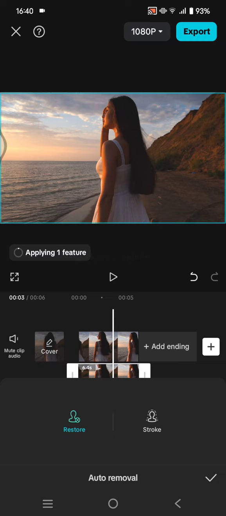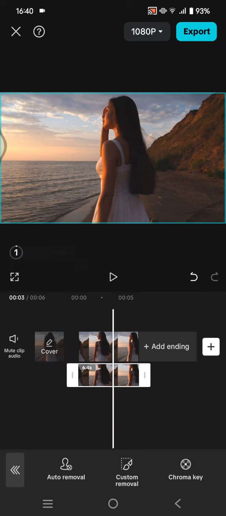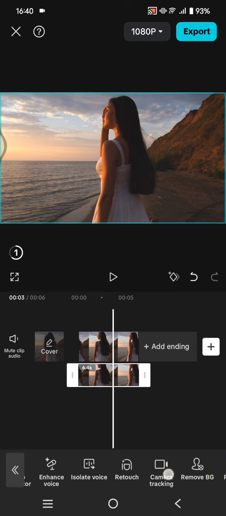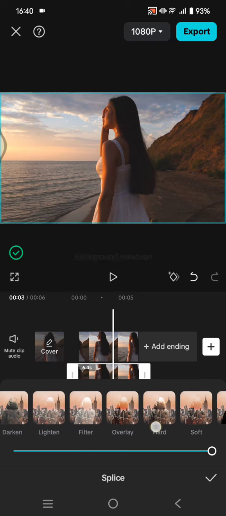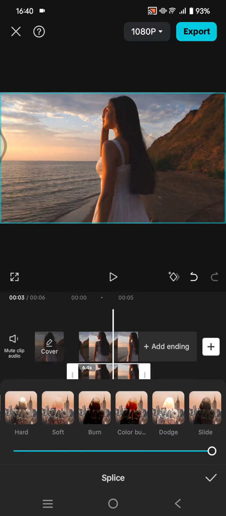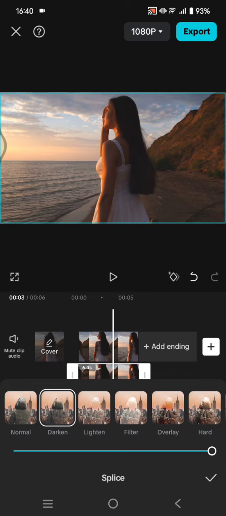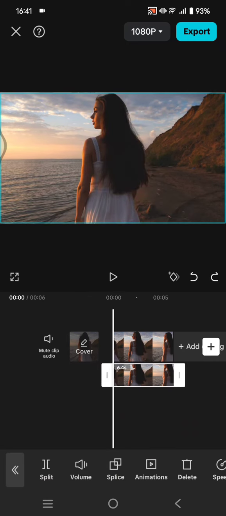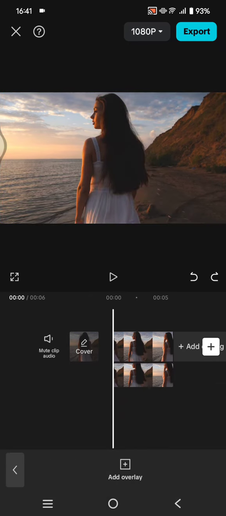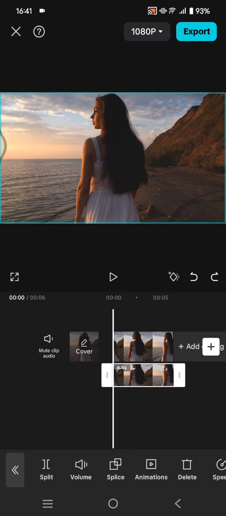Click on the check icon, and after the background is removed you can just go back, find the splice or blend button, then select the darken mode, so this one. Click on the check icon. Okay, you can just click on a check icon, and now on the overlay in here,